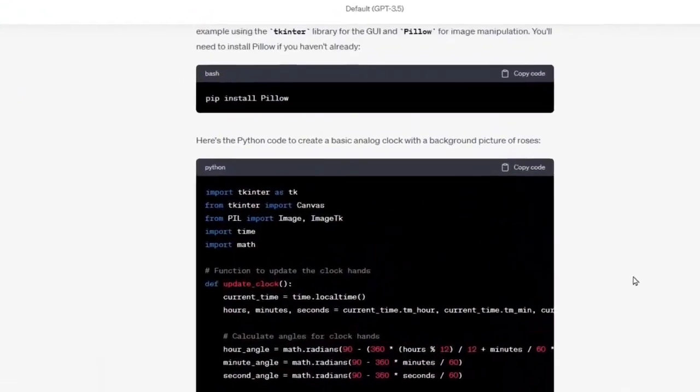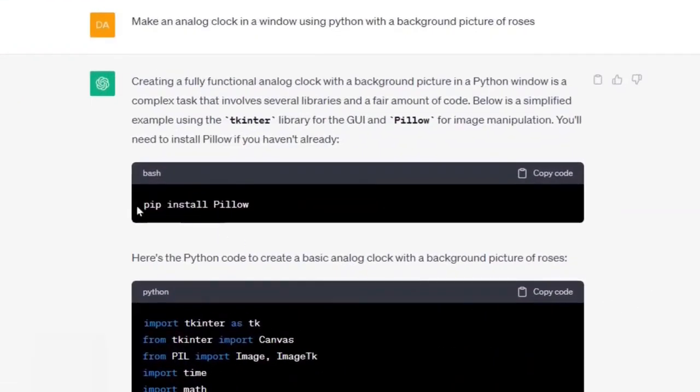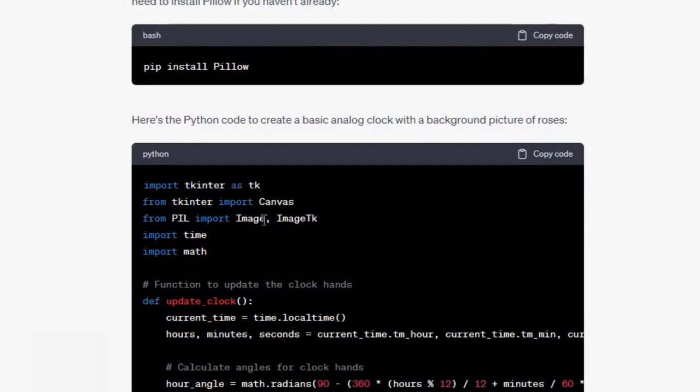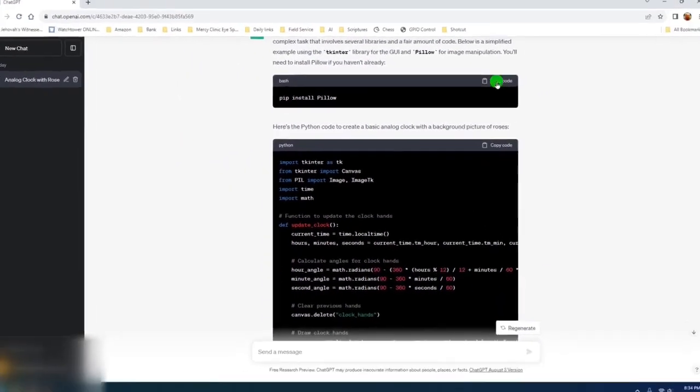Okay, here's what it's telling us. We've got to at least have this installed, which is a library. It's a library for Python, just one of the many. Alright, so we want to check that, so we're going to copy that,